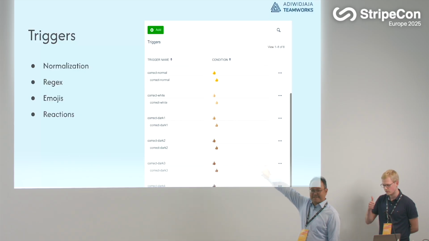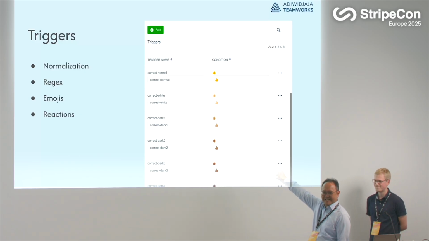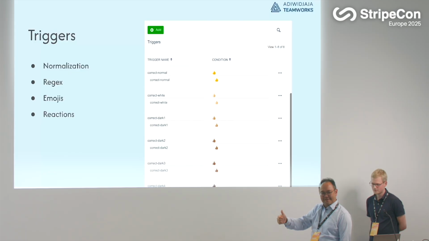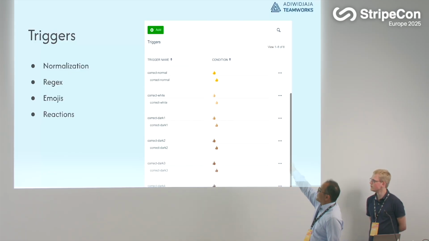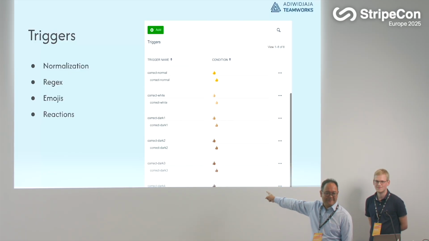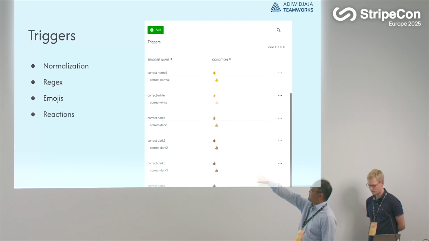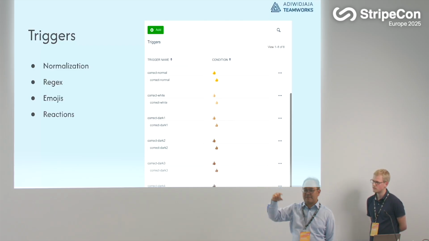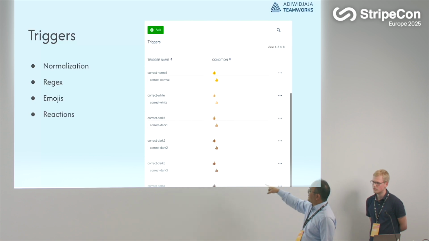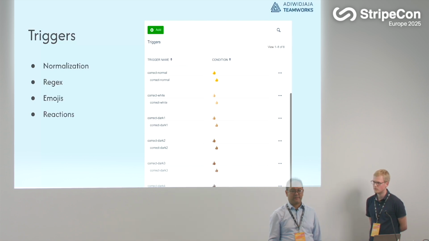This is an example of a real project where the client wanted to have a thumbs up, and then you have to define all the thumbs up that are there in WhatsApp, and you have to normalize it. So we make it case insensitive. We have regex and also emojis and reactions. So you can either write a thumbs up or react with a thumbs up. That's for us the same.